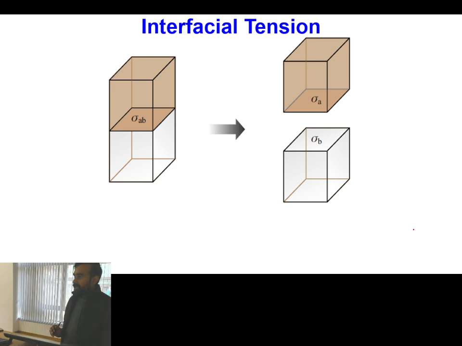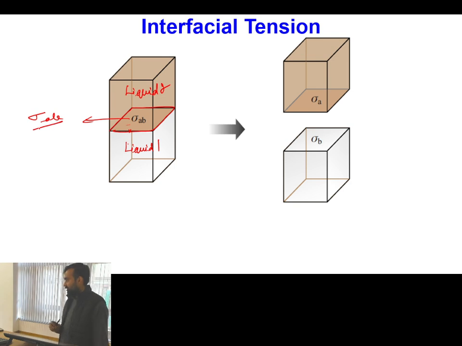Now comes another aspect. Here we have liquid 1 and this is liquid 2, two different liquids which are staying close to each other. Of course, the molecules present over here will have different amounts of forces from top and bottom, because the molecules present are different on both sides. Because of this, at this surface, say sigma AB was the